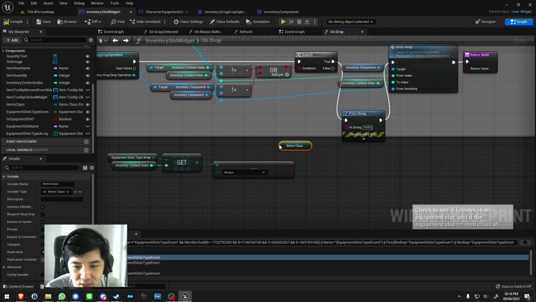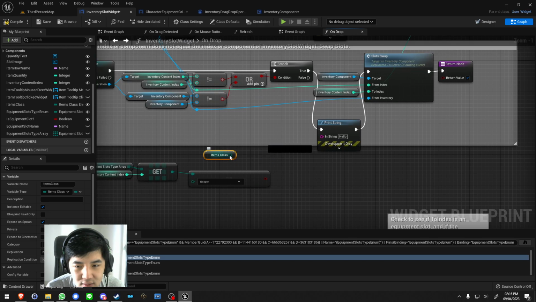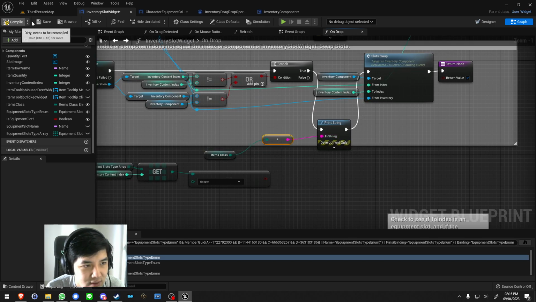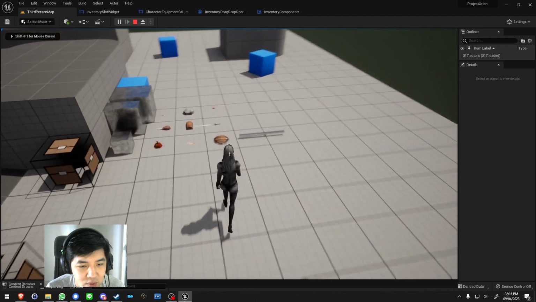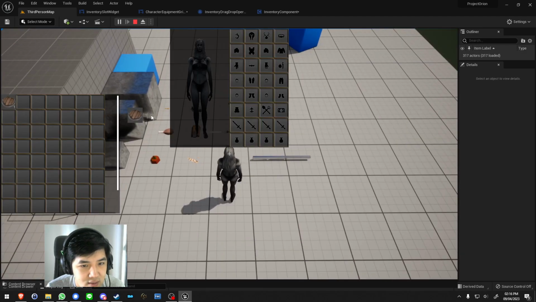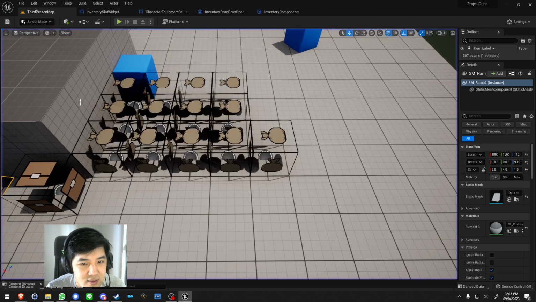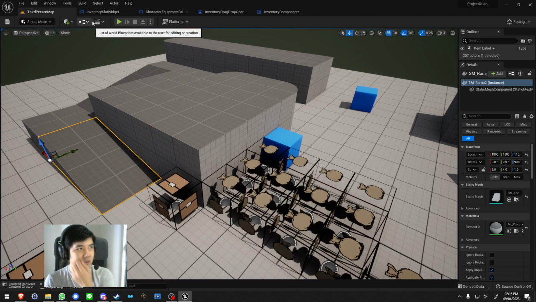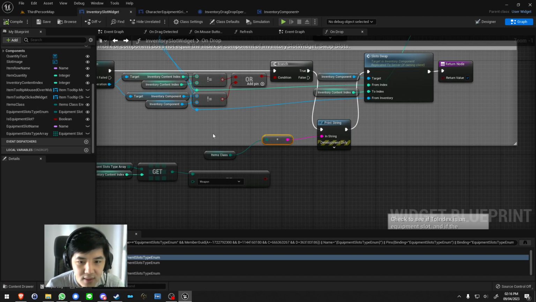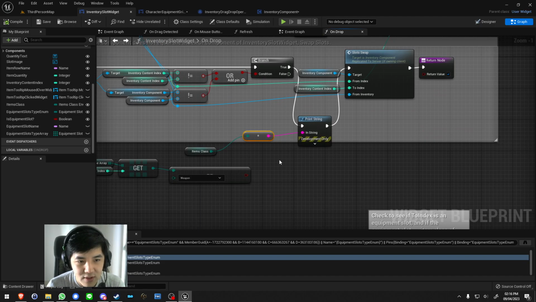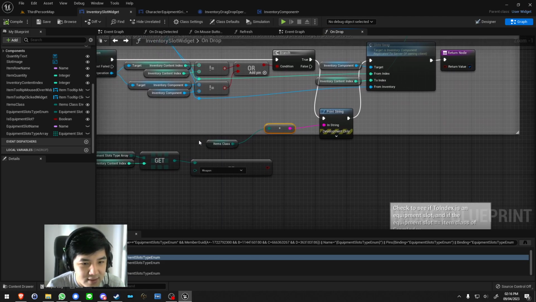What happens when we print string this? What happens if we do that? Let's go try that. If we drop it, we probably need to get the material. What? Oh, it's printing out the, okay, so all of the default is material. That's the default item class. So we don't want the item class of the default item slot. We want the item class of the